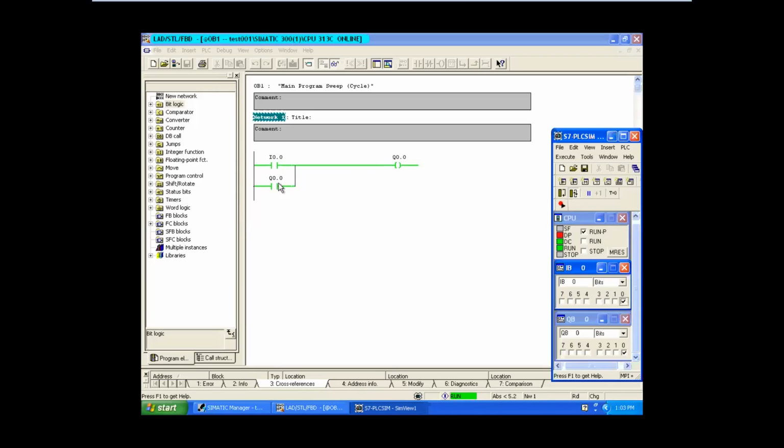So now the current is flowing through this passage also and this passage also, right? So if you turn off this, current cannot take this route, but current can take this route. Power is taking this route to reach from left rail to right rail. Got it? So like this only we are doing the latching. So this is seal in contact or latching. So even though if you are turning off the input, your output still is on. This is called as latching.